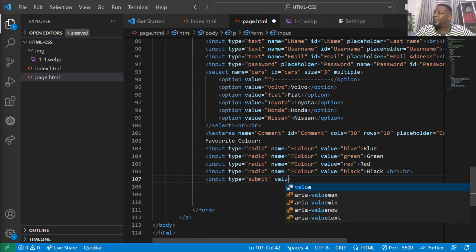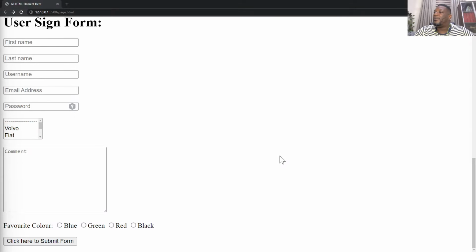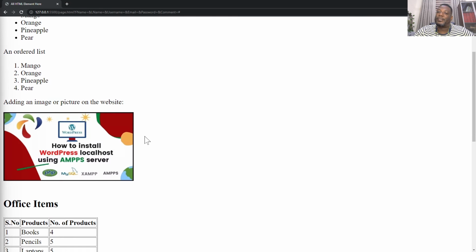We can have a value for a submit, and that value can take maybe submit. Let's say click here to submit form. So that is going to give us a long submit button. Right, so I'll save this, go back again to the page, and let's see what we have in there. So we have the button in here. So when I click on it, it's supposed to submit. But because if you recall,